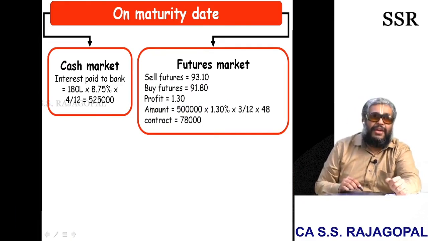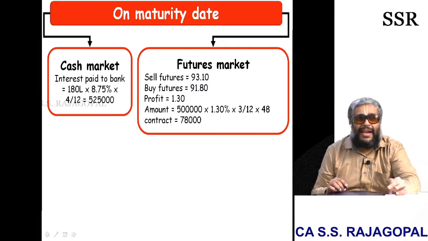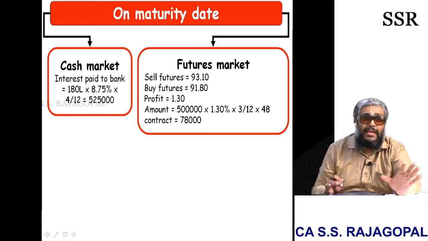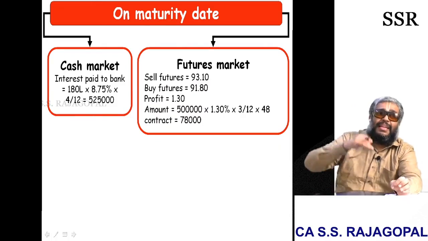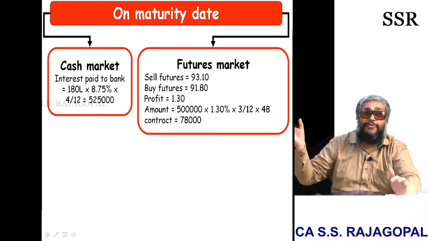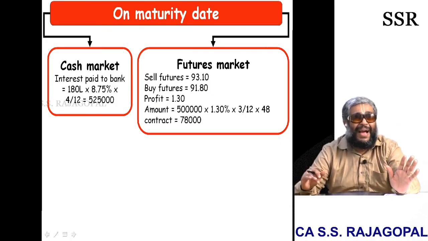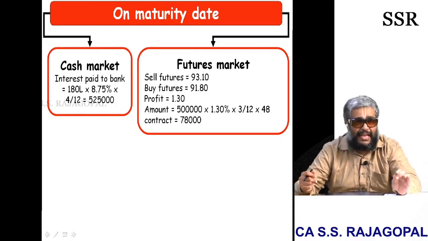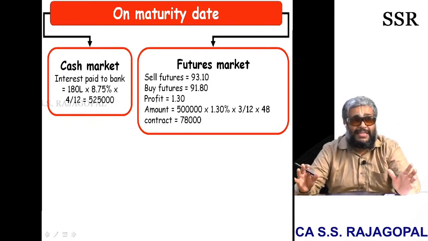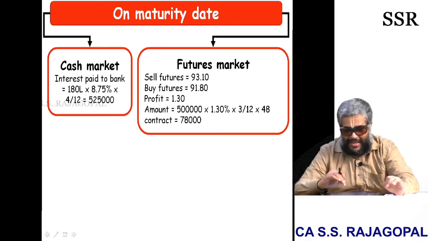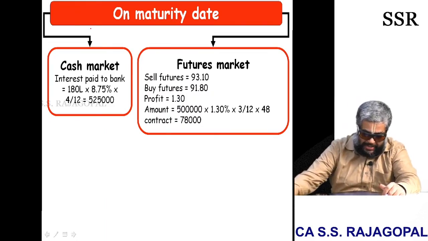See, I suffered 90,000 extra interest in the cash market, but at the same time I had a gain of 78,000. I agree that perfect hedging is not happening because here the LIBOR increased by 1.5%, but the LIBOR futures increased only by 1.3%. The cash market change should ideally equal the futures market change, but it need not be so because both are different markets having their own demand supply patterns. In that case, the hedging is okay, but not perfect.